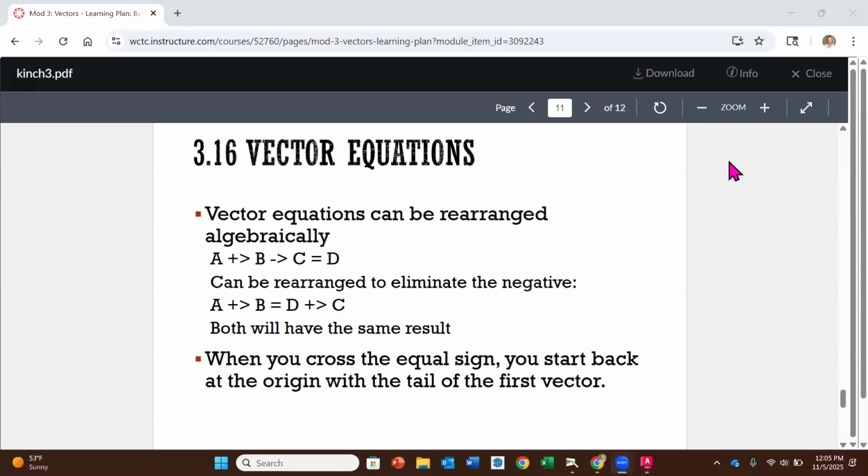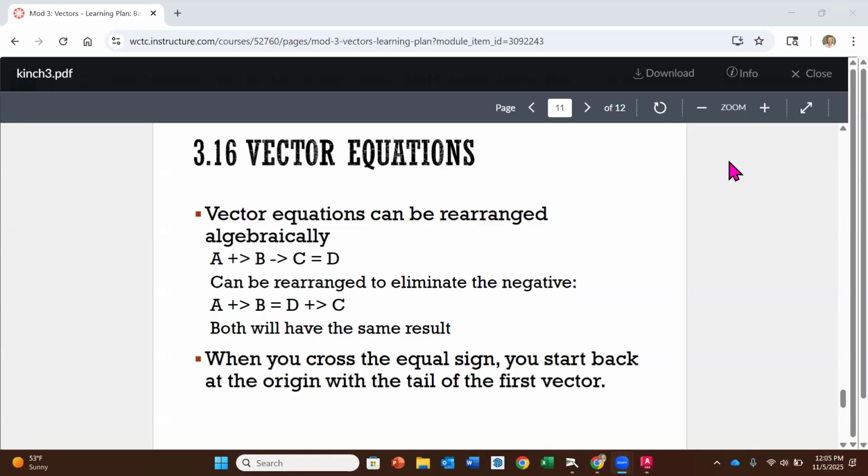Okay, so we're going to continue where we left off from the last time. So this is, if you would, part two for our module three learning plan, which also correlates to chapter three in our textbook. So in section 316, which is actually on page 60, if you wanted to open up to that section,